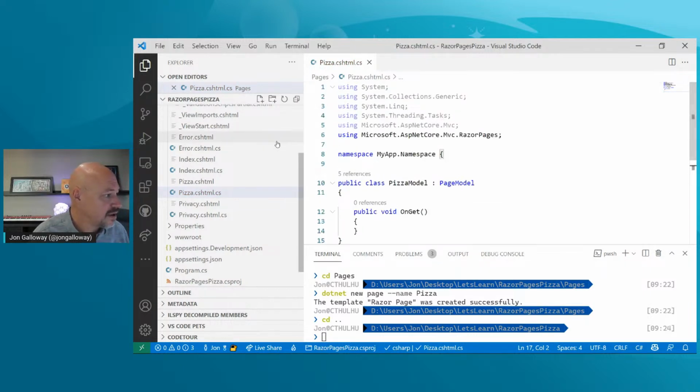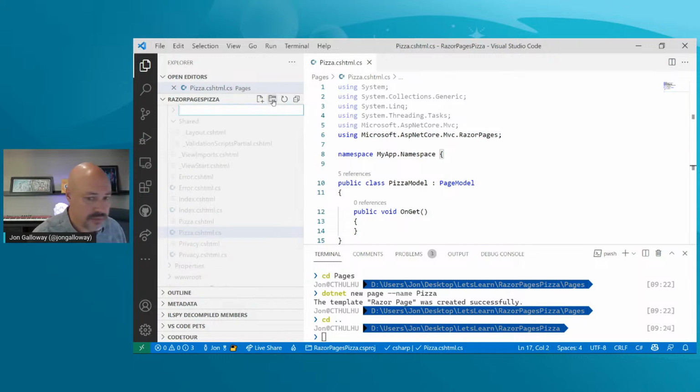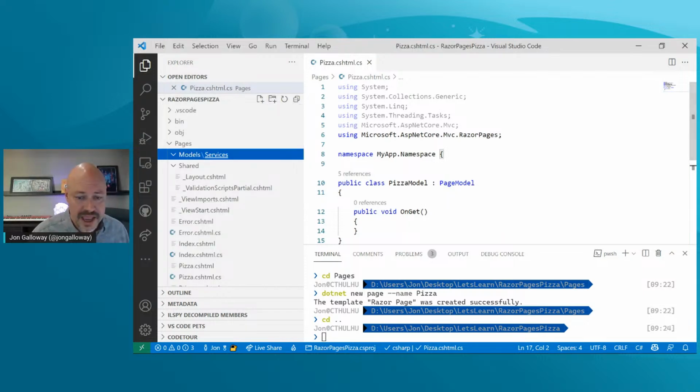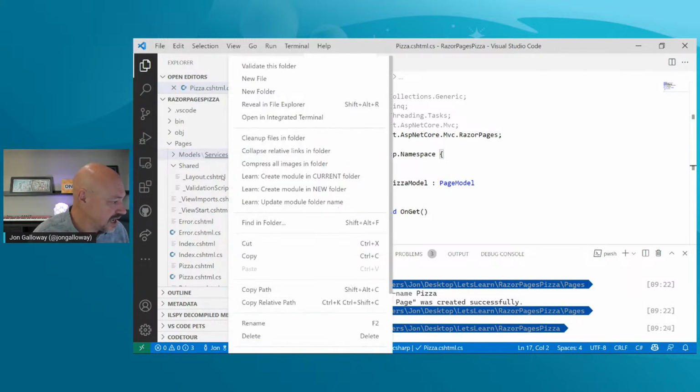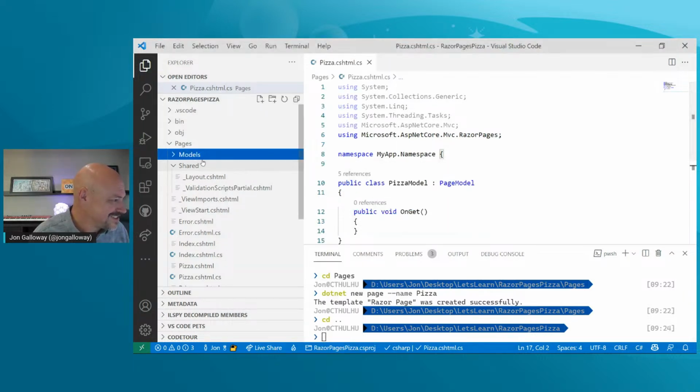And we're back. So now let's add a new directory. We'll add one called models. While I'm at it, I'm also going to add one called services. And I'm going to create in my models directory, oh, I'm at it again. Okay, so I want to delete that. So I want to have a models directory, and then I also want to have at the top level,